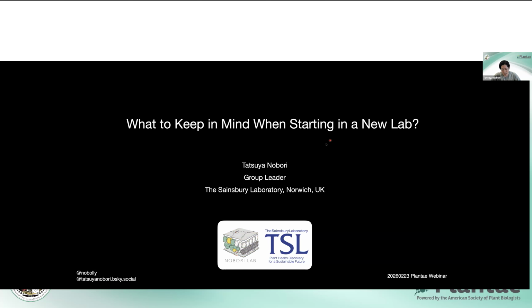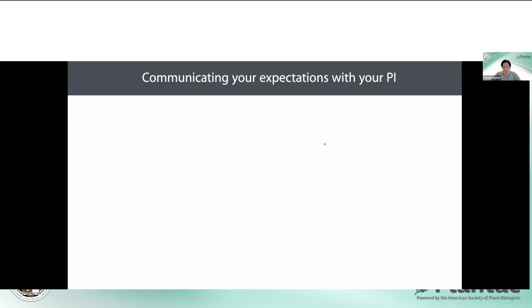That said, I decided today to focus on just one small aspect of a skill that may be more transferable. So today, I will talk about communication skills, and especially communicating your expectations with your PI and with your mentor. The alignment of your expectations is quite important to do science happily, because the lack of it might look like, for example, while you want to become an independent researcher, your mentor or your PI keeps micromanaging you, not allowing you to think independently.